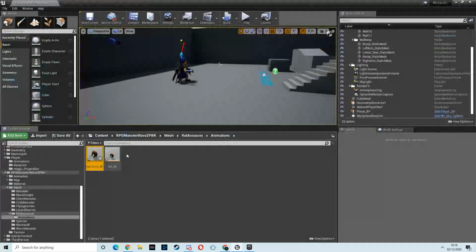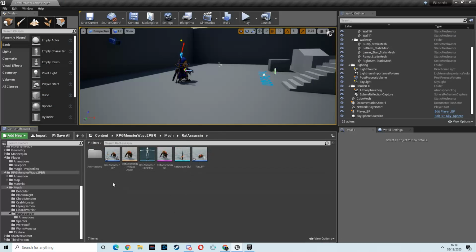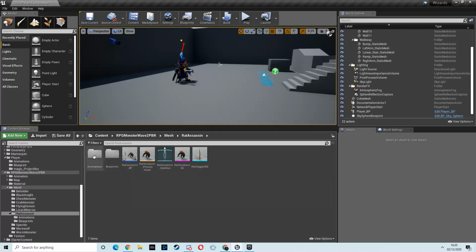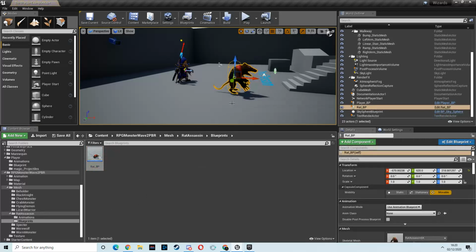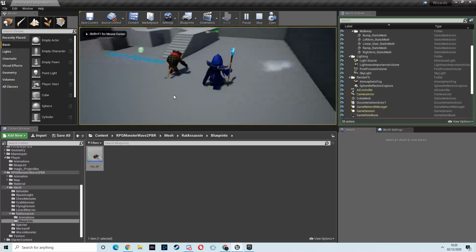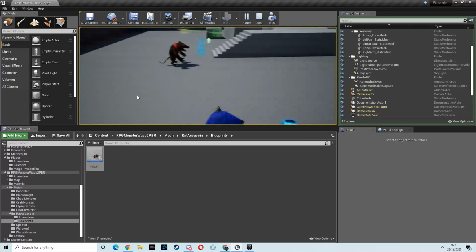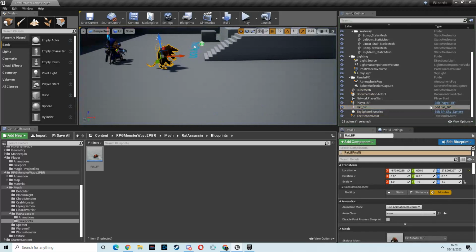So, right click, I'm going to create a new folder, call it blueprints. So how you organize your projects is up to you, but I think if you have a consistency in all your folders, then it's easier for you to understand. Move here, and then drag him into the scene, hit play, okay, and he doesn't do anything just yet,